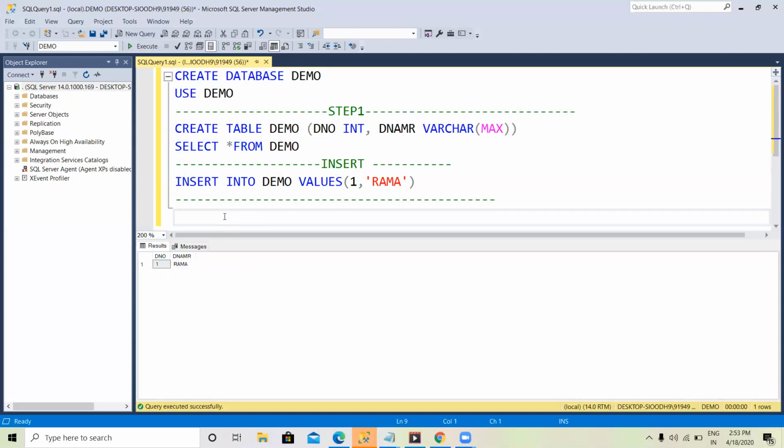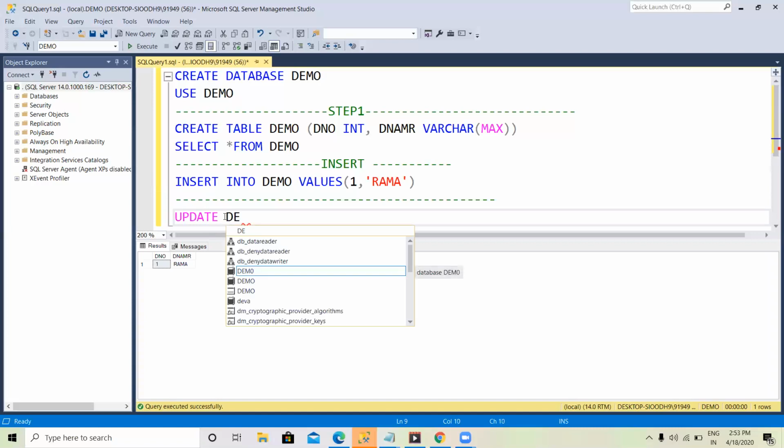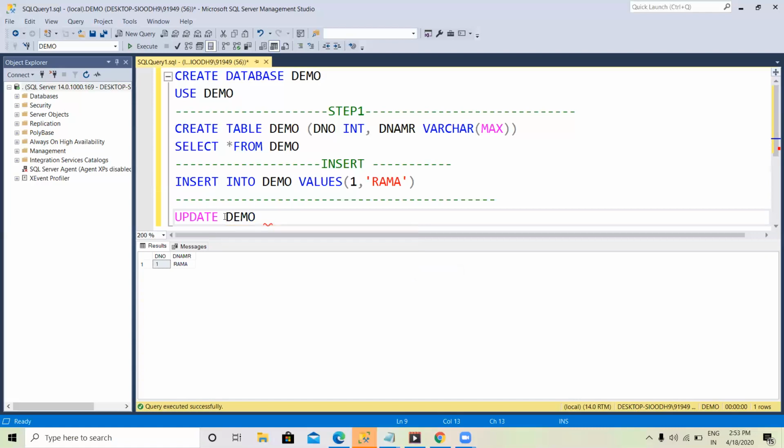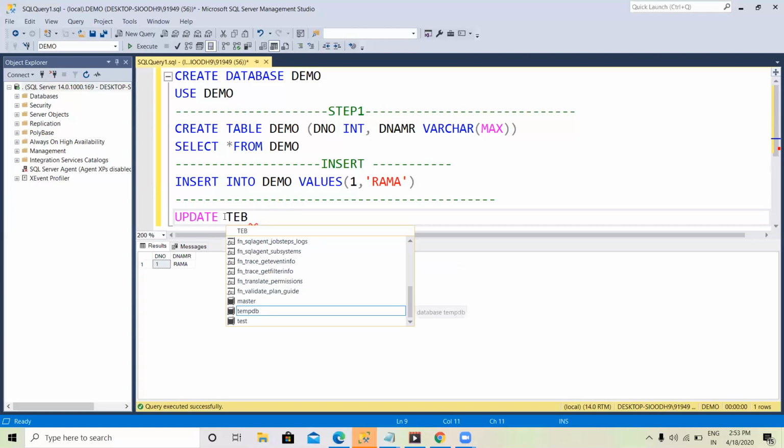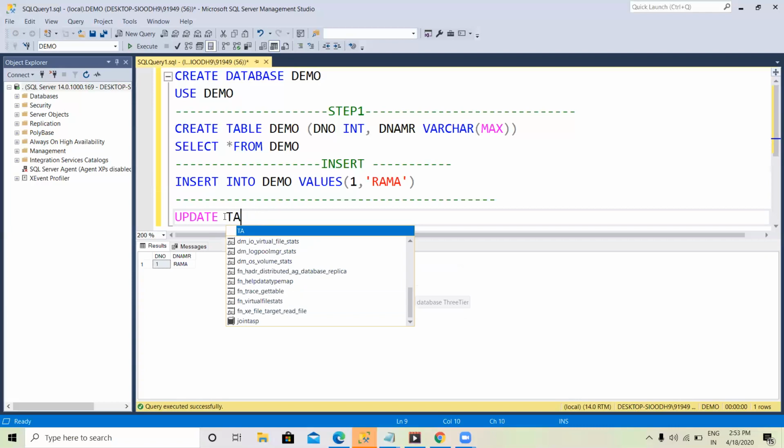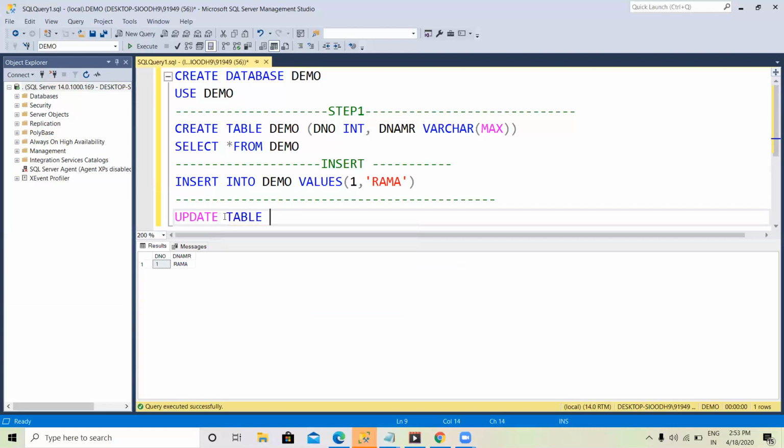Okay, let us see how to update a table. Update table name demo.